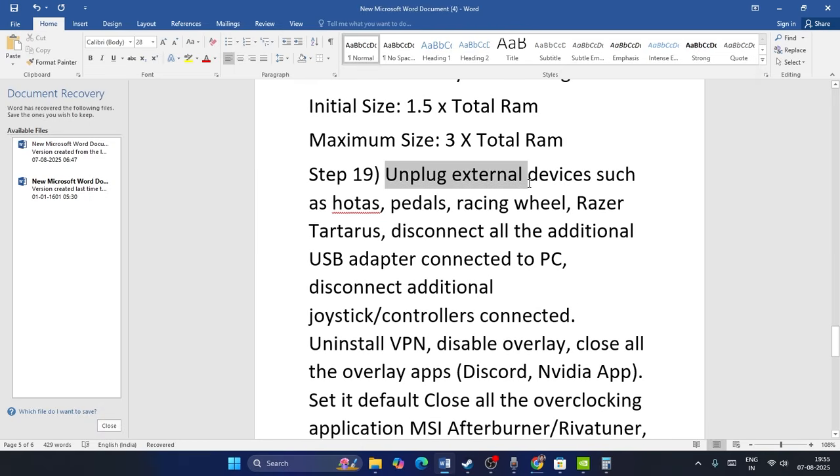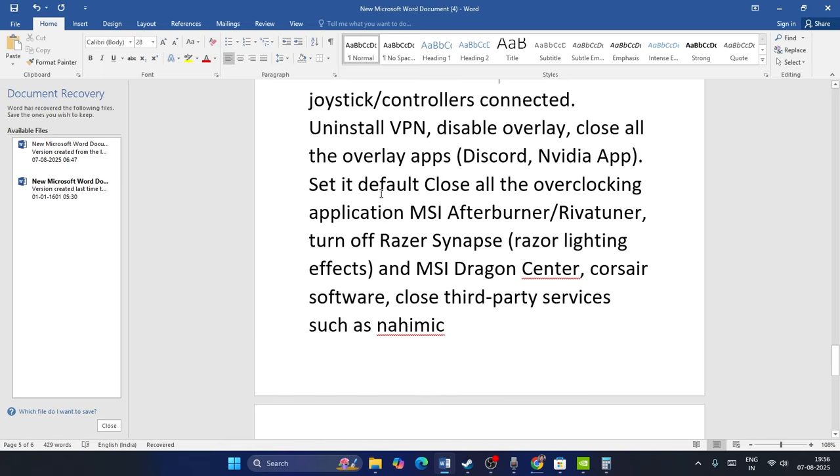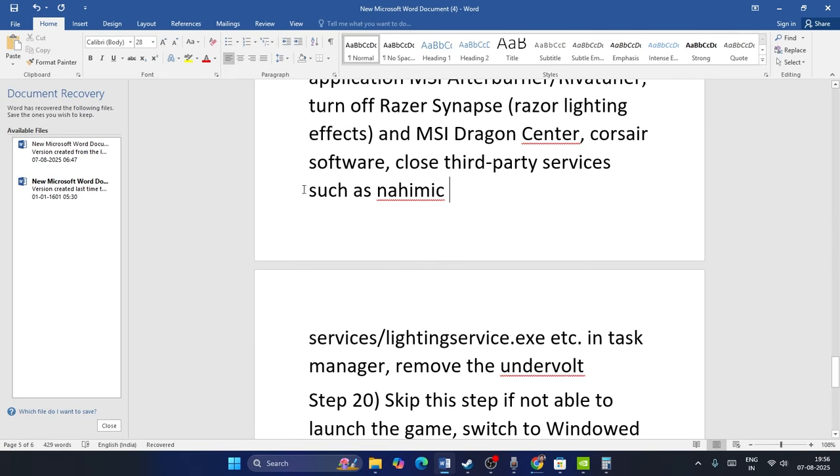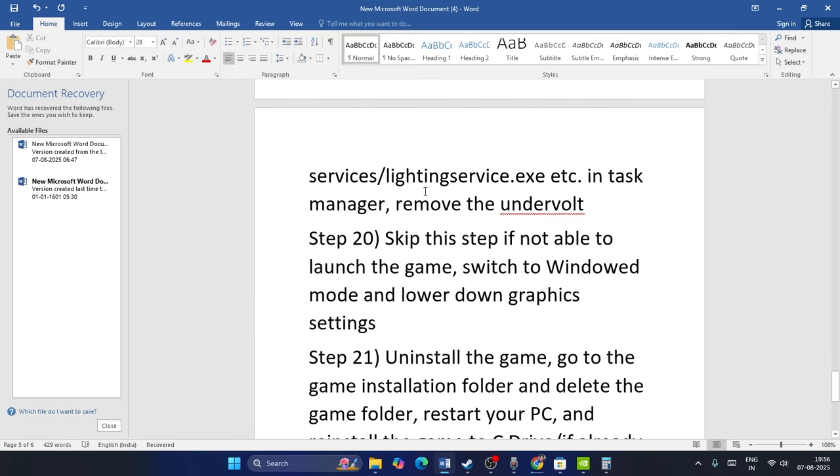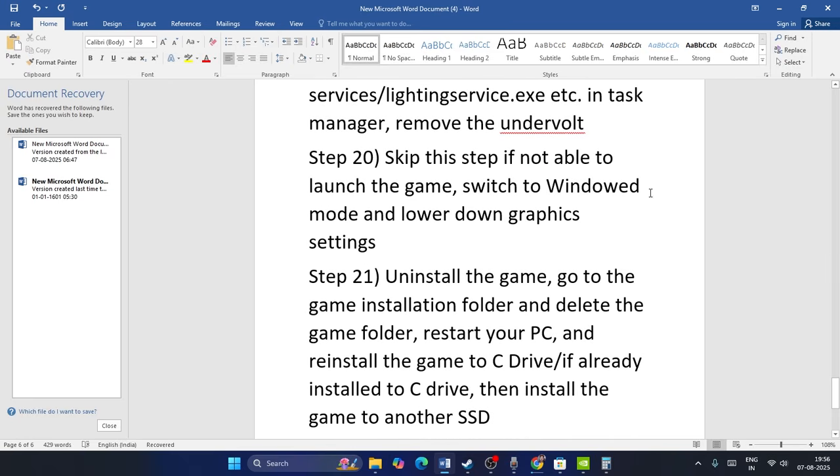Make sure if you're using any plugged external devices such as hotas, pedals, racing wheels, Razer, etc. Whatever it is, just disconnect everything. Once everything is disconnected, you have to close all the overlay applications like RivaTuner, MSI Afterburner. Everything should be turned off or completely uninstalled. And also close any third-party applications such as Nahimic, whatever it is running, you have to remove it as well. Make sure you skip this step if it is not allowed. If you are not able to launch the game,